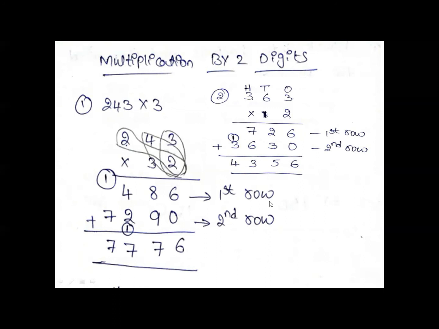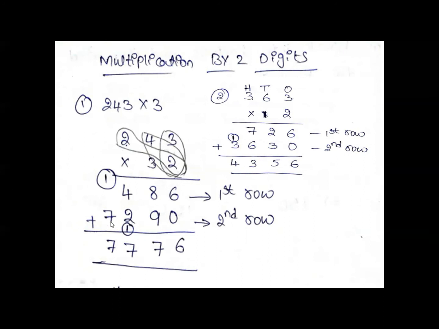And the second row, we have to multiply with the digit in the tens place. 3. 3 threes are 9. 0 as it is, then 3 threes are 9. We have to write in the tens place, not in the ones place. Okay children. 4 threes are 12. 2 here down, 1 carry over. 3 twos are 6. 6 plus 1, here 1 carry is there. 6 plus 1 how much? 7. I have written here 7.